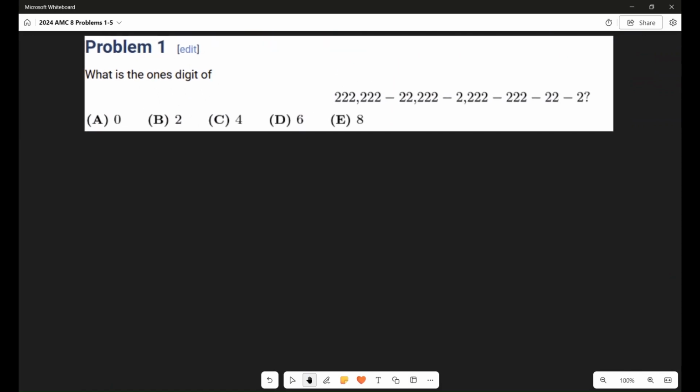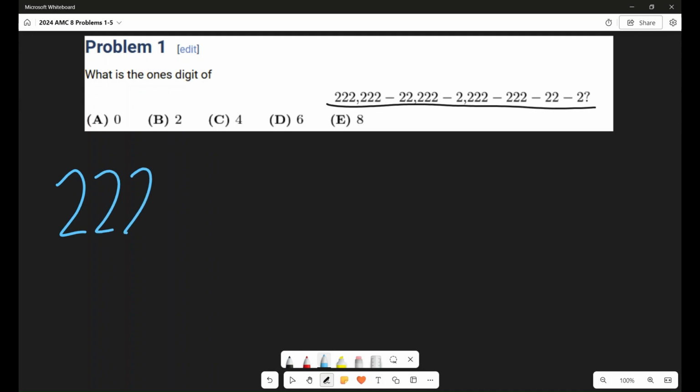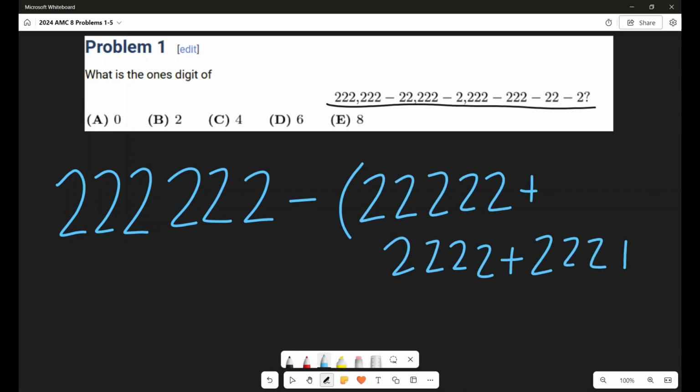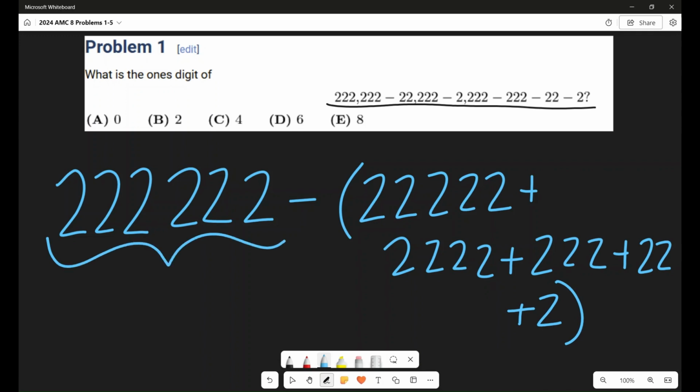So the first question says, what is the ones digit of this expression here? So first, let's change those minus signs to plus signs, and we can factor out a big -1. And finally, plus 2. Now, the ones digit of this is 2,